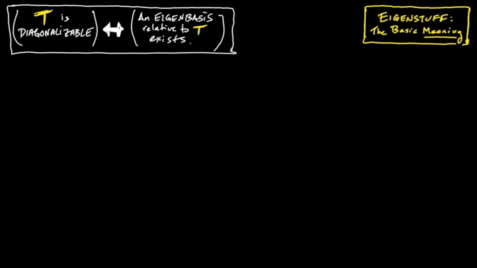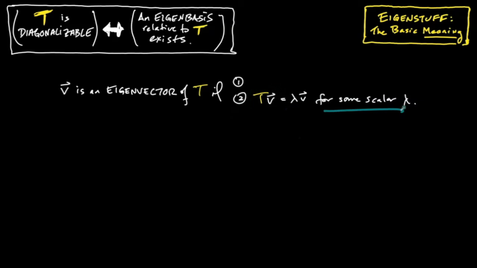And you know, maybe now is a good time to come back to an old lingering question. Back in the beginning of this video, we said that a vector v is an eigenvector of a linear map T if two conditions were met. The second one, the core of the definition, is that T of v is lambda v for some scalar lambda. But there was this easy to miss condition as well, which was that to be an eigenvector, v has to be not the zero vector. We know that we can have 0, the scalar, as an eigenvalue. We saw an example like that earlier, but we don't consider the 0 vector an eigenvector.